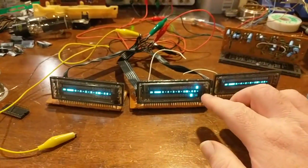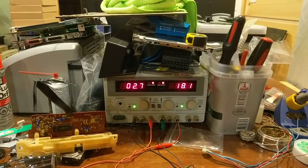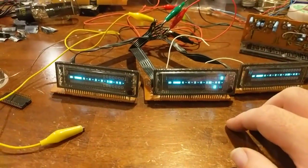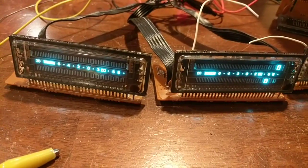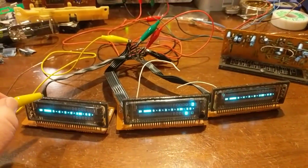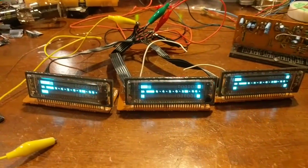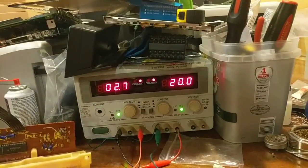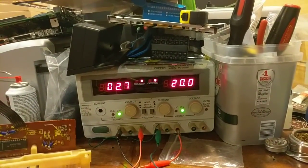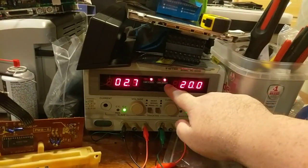When I decide to use this display, there are two things I have to keep in mind. One is the voltage level. I've got it set for 18, but I'm going to bump it up to about 20 volts. It'll kick up the brightness a little bit more, as you can see. I'll kick this up to 20 volts because the display in the cassette deck, as far as the schematic's concerned, is set for that. So we know at 20 volts we have a